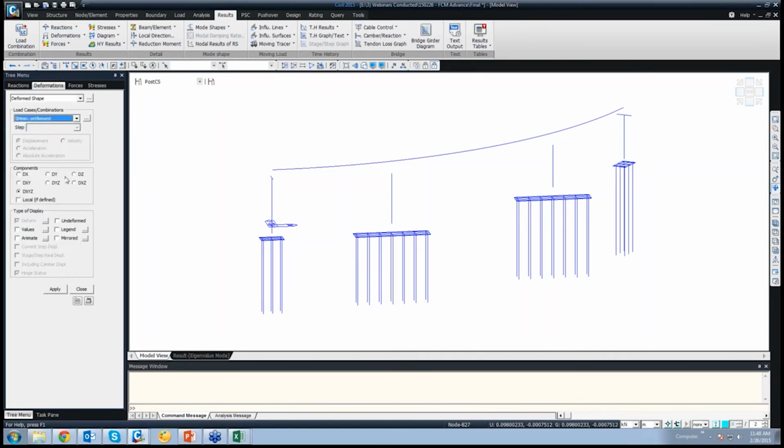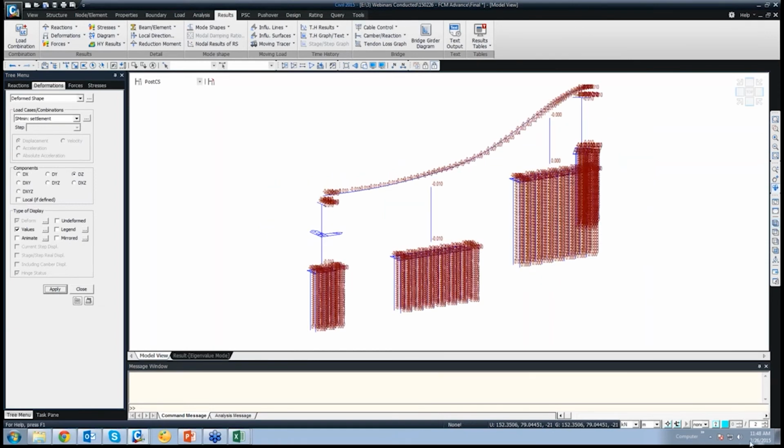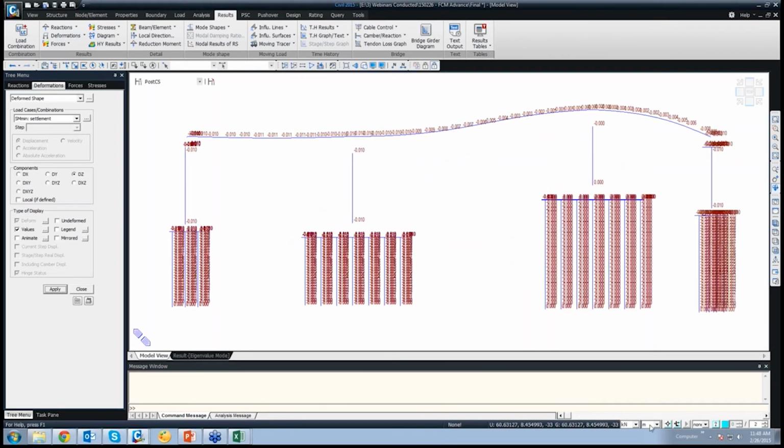So we'll be selecting minimum Z. So here now we can see that for the 3 supports that we had selected, 10 mm settlement is happening, while for the one that was not selected, no settlement is happening.